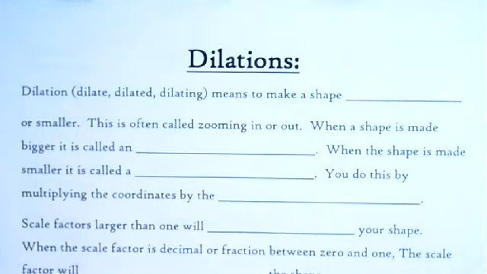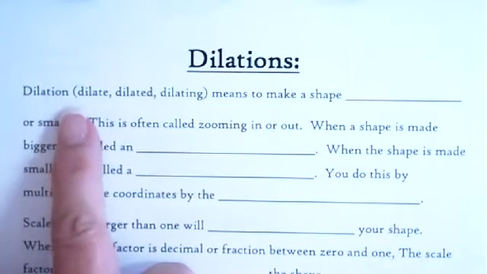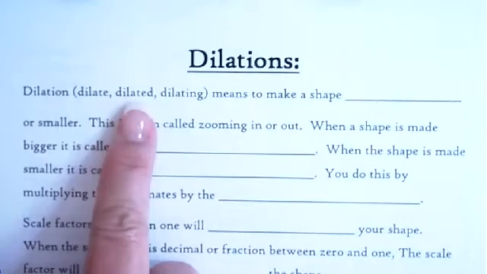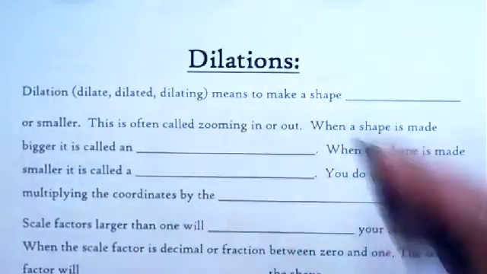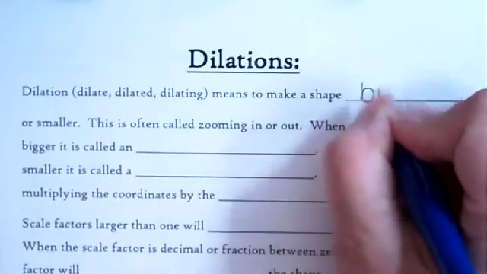Okay, so these are the notes for dilations, okay? So let's just go through the very top part right here and fill in the blanks for our notes, for our vocabulary. So up here it says dilations. Other forms of the word are dilate, dilated, dilating. Means to make a shape bigger